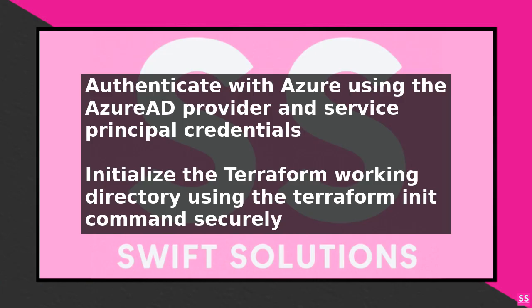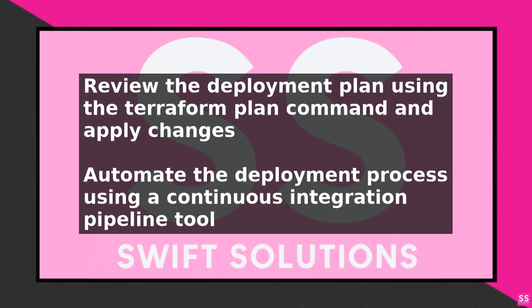To automate the deployment process, you can use a continuous integration and continuous deployment pipeline tool such as Azure DevOps or GitHub Actions. These tools allow you to automate the Terraform deployment process and integrate it with your existing development